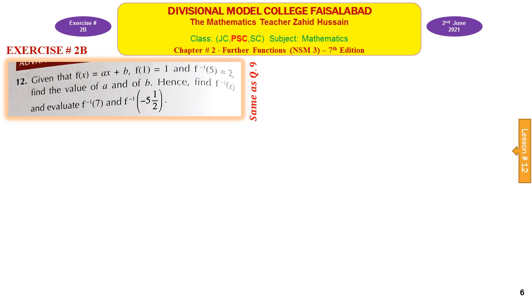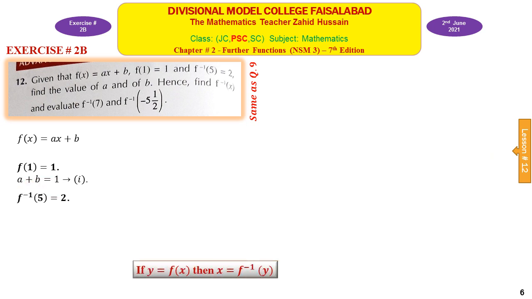This question number 12 is same as question number 9. In this question, a function is given which is ax plus b, and two conditions are given. f of 1 is equal to 1 and f inverse of 5 is equal to 2. Using the first condition, we get equation number 1, which is a plus b is equal to 1, and using